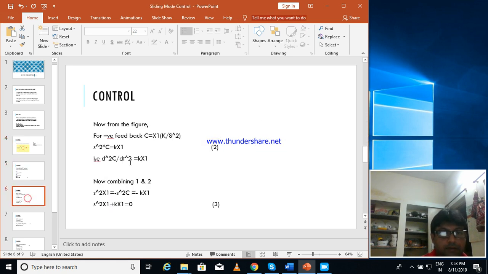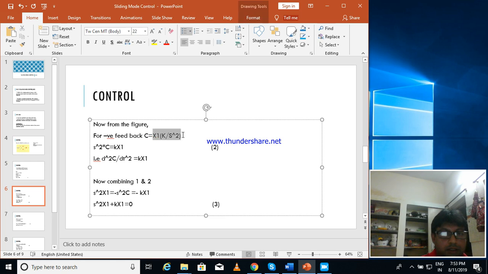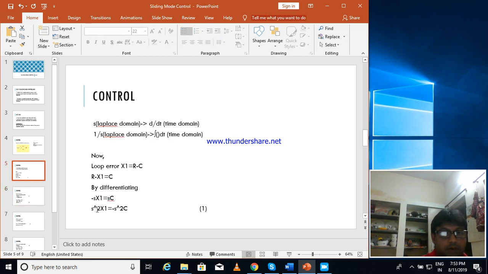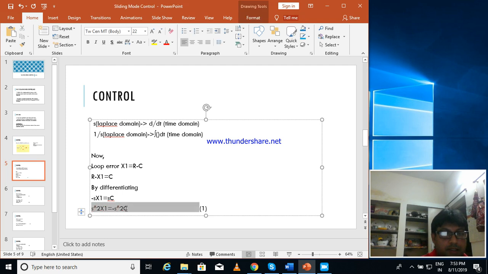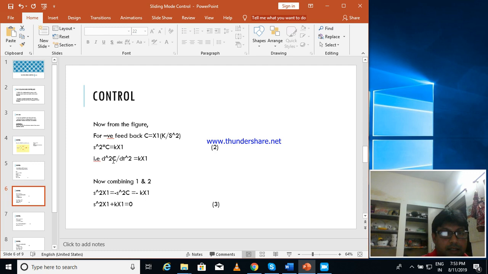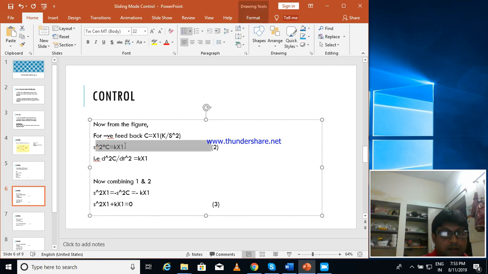Now this implies s square into C is equal to Kx1, which is nothing but d2c by dt square is equal to Kx1. Now if you consider equation 1 where s square x1 is equal to minus s square C, and here s square C is equal to Kx1, and you combine equations 1 and 2,